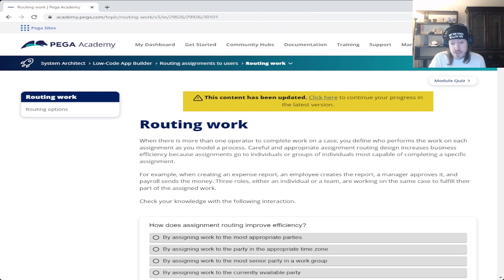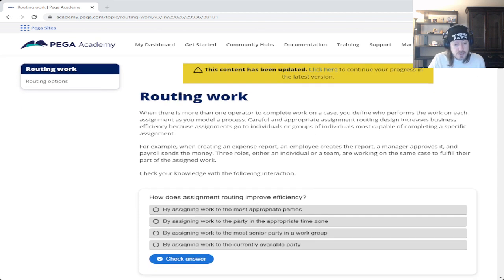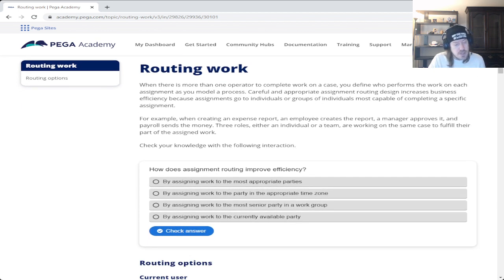Careful and appropriate assignment routing design increases business efficiency because assignments go to individuals or groups of individuals most capable of completing a specific assignment. For example, when creating an expense report, an employee creates the report, the manager approves it, and payroll sends the money. Three roles, either an individual or a team, are working on the same case to fulfill their part of the assigned work. Check your knowledge with the following interaction.